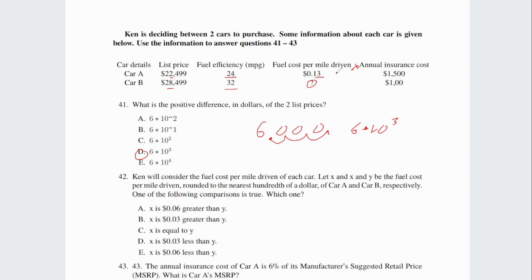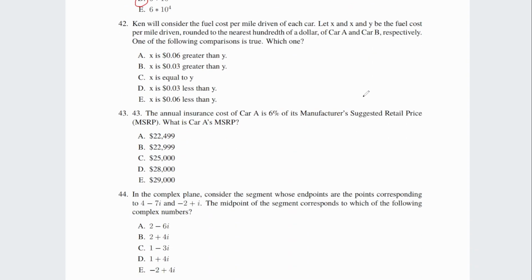Means that fuel here costs $3.12 in this thing. So fuel costs $3.12. And we can divide that by 32, which gives us a fuel cost per mile driven of $0.0975. So now we can answer